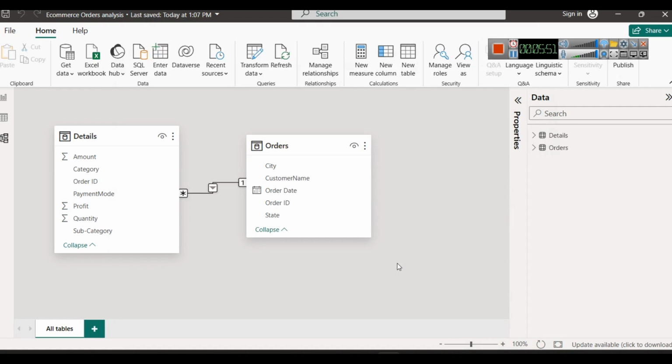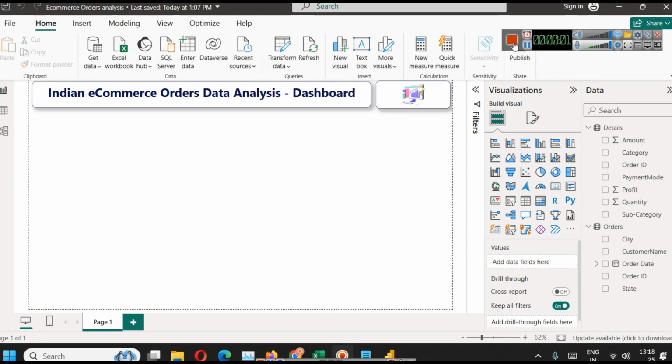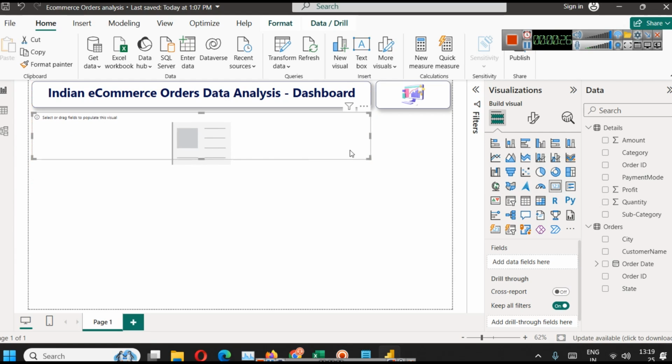Now you can simply close this, and we are done with the dashboard preparation, just the headings, image and the data modeling. Now when we create data analysis dashboards like this, we always try to create some KPIs. The KPIs that we are creating here should be the total amount that we have received, total profit, total quantity of product ordered, etc. So for that we will simply use a card here, and in the card visual we will just resize it,